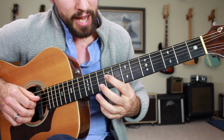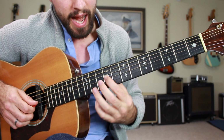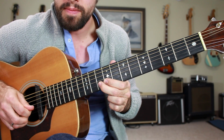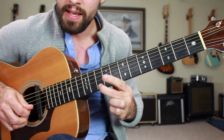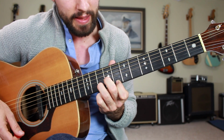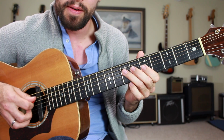So after we slid to the 9th fret D string, we're going to play G string, 9th fret, the B string, 9th fret, up to 10, back to 9, then 9 on the G, back to 9 on the B, and then right there, reaching an A note on the B string. That's part of that A minor chord shape. Okay, put all that together and we have A minor,